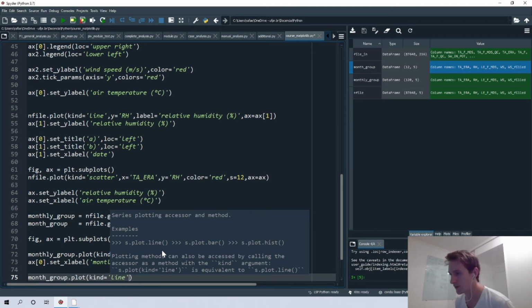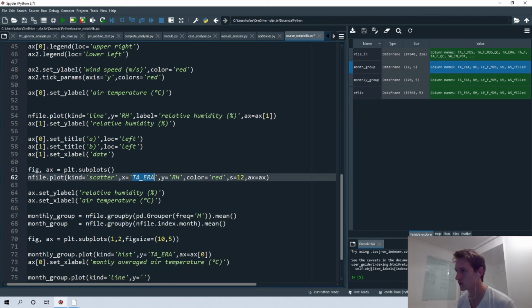There is no problem with this, but I'm showing it as a line. If you want to show it as a bar, with a bar chart, you just change this to bar. So we have a bar chart. But I want a line. And then we specify the variable, so it will be the air temperature. So it will be like that.